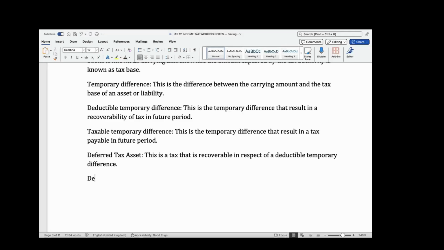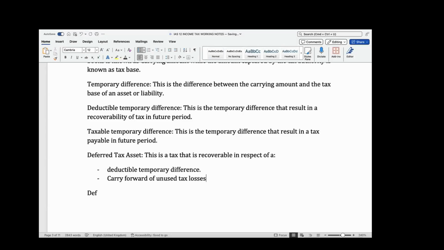While there is, in fact, there are more than one issues. Let me quickly tell you: the deductible temporary difference, carry forward of unused tax losses, and carry forward of unused tax credits. So for deferred tax assets, you would recover it in respect of deductible temporary difference. So when you have a deductible temporary difference where you are going to get a recoverability of tax in the future, right? You would account for that as a deferred tax asset,